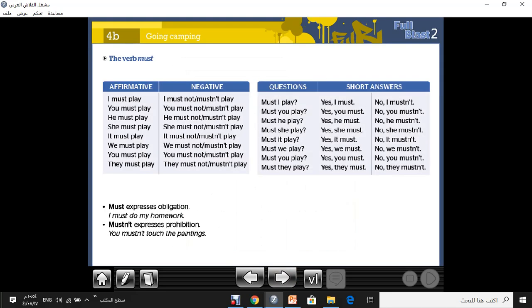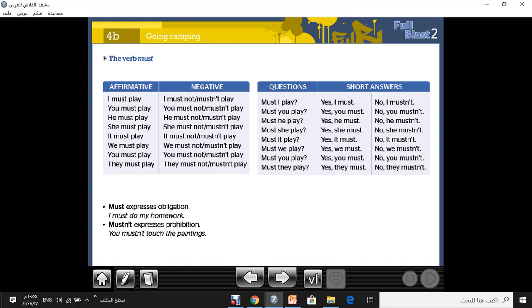Here you have sentences on must, affirmative, negative, questions, and the short answers. We will deal with one or two examples. I must play. The negative is I mustn't play. The question is must I play? The answer, yes, I must. No, I mustn't. Another example, we will take the last one.